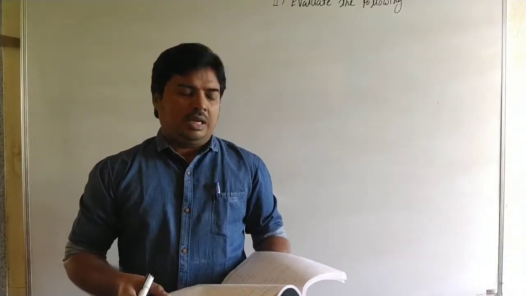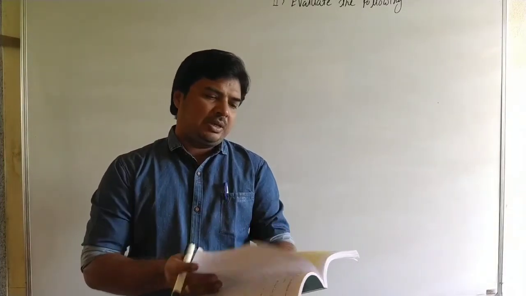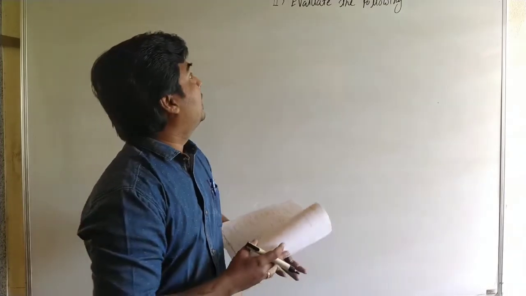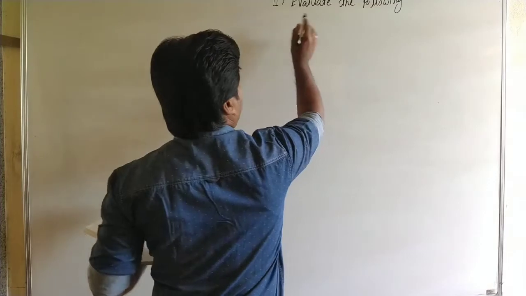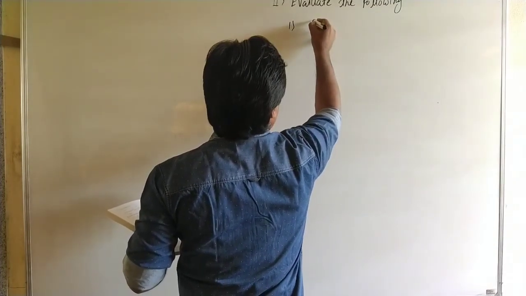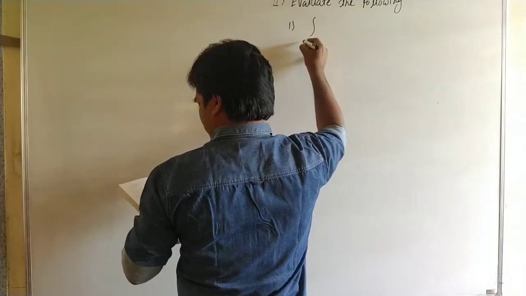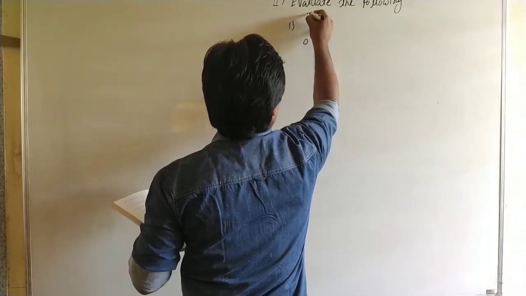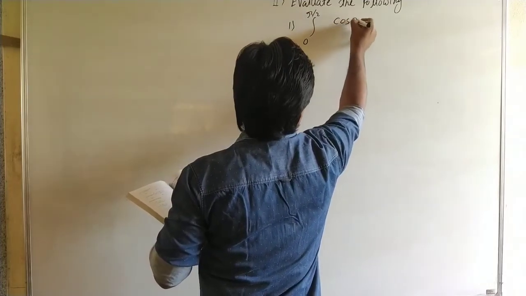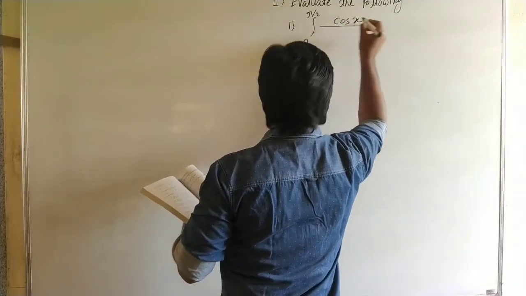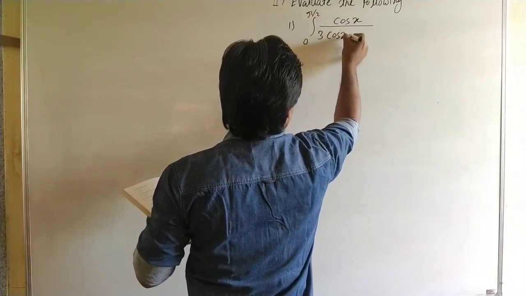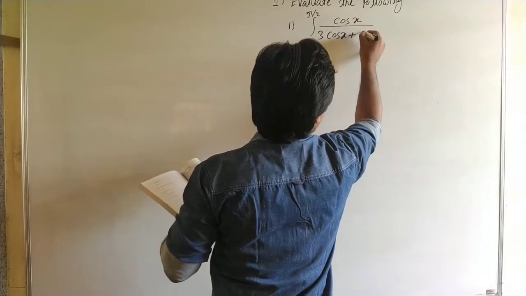Now, in this lecture, we see the examples in miscellaneous exercise 4, question number 2. Now, example number 1. Evaluate the following: integral 0 to pi by 2 of cos x upon 3 cos x plus sin x